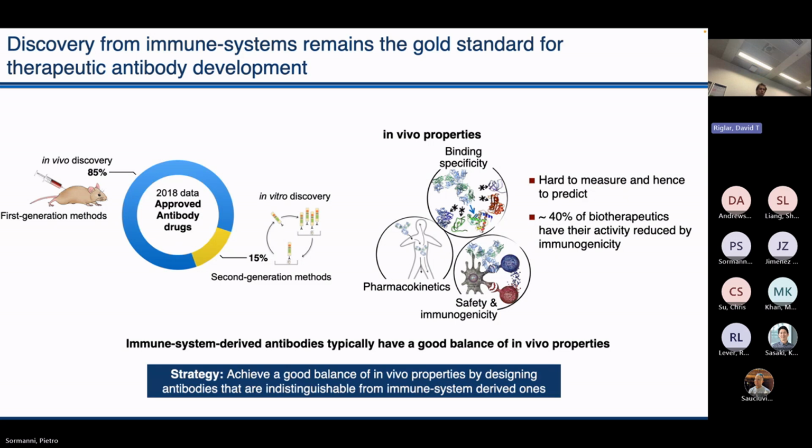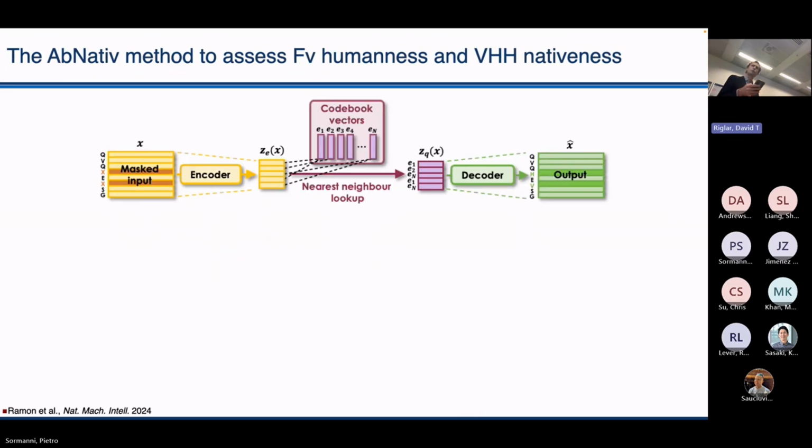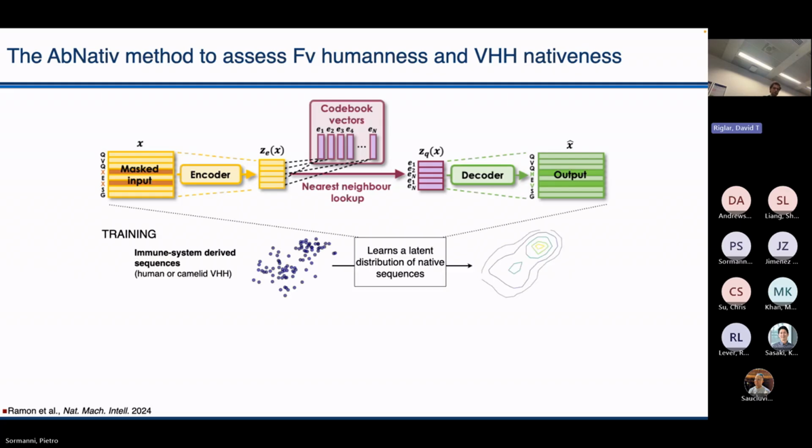So our solution to this was to try to bypass the problem of predicting these properties directly by learning to design antibodies that are literally indistinguishable from immune system-derived antibodies. The way we have done that is to use AI, because we have a ton of sequences from NGS. We have used something called a vector quantized variational autoencoder, but I'm not going to go into the mathematics of